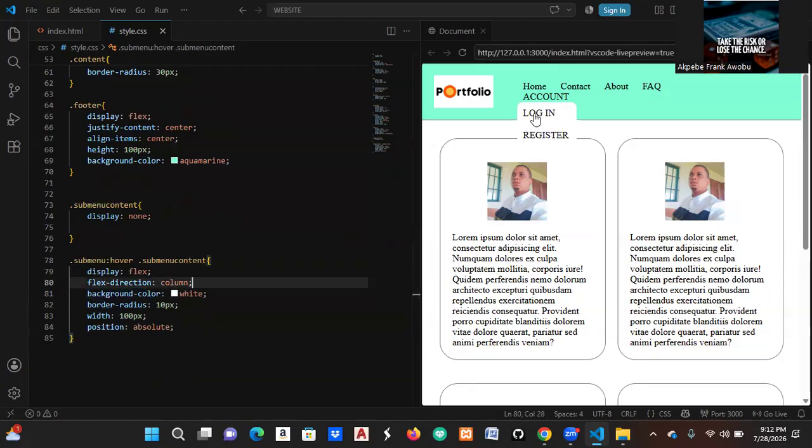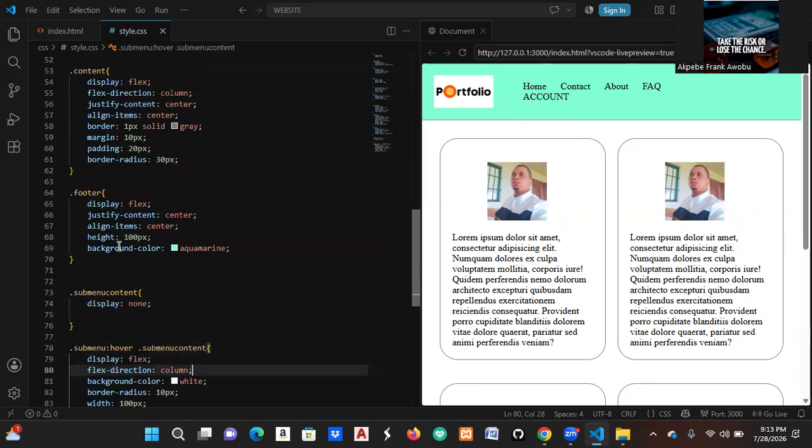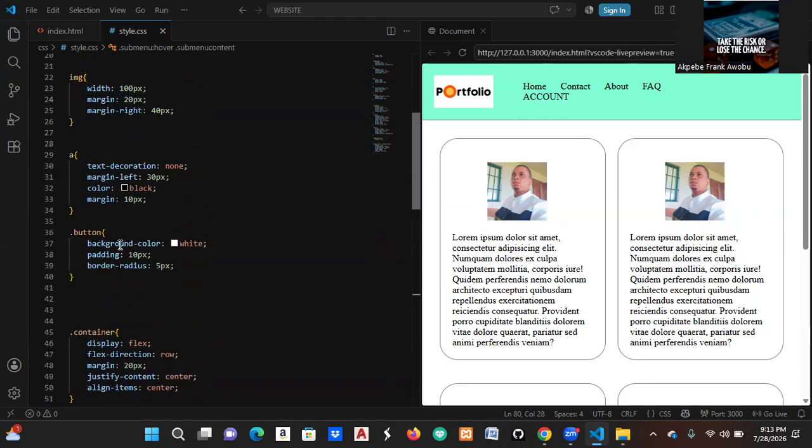So we have solved that problem. When I hover here, I can access my login and access my register. So I need this account to be moved to this edge. So how do I go about that? I think I've addressed